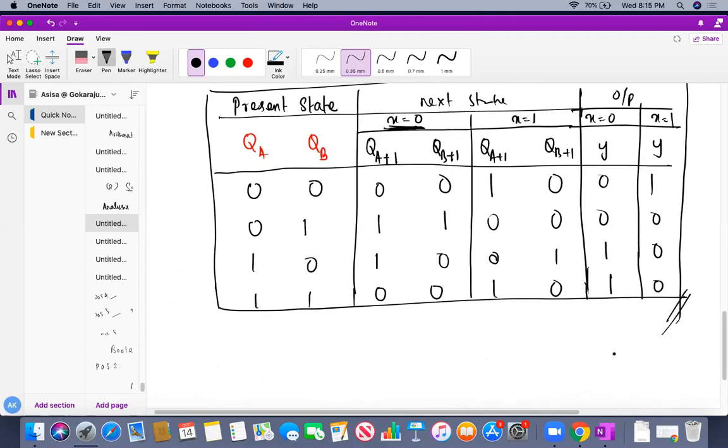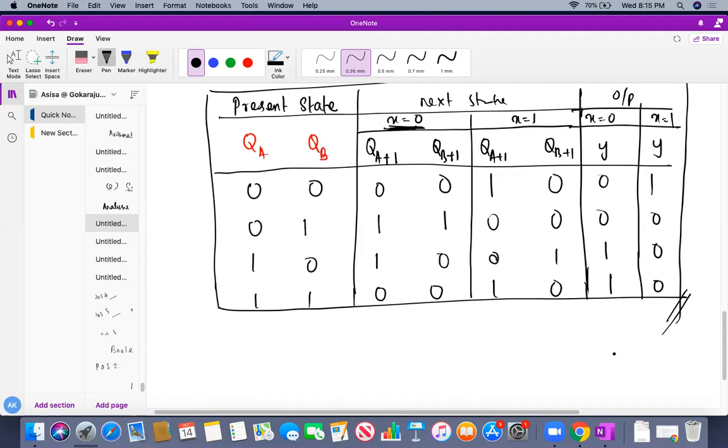So this is my state diagram. Step 1 is, from the state diagram you have to obtain the state table. Any doubt on this? Please let me know, students. Very important concept. I have told you how to get the state table from the state diagram. If you have any doubt, please let me know immediately. Then after that, what are my step 2 and 3, students?